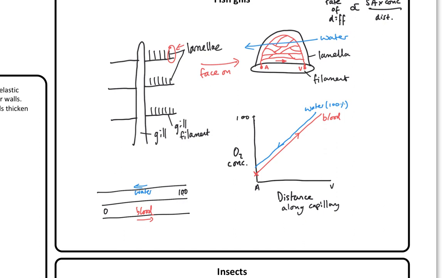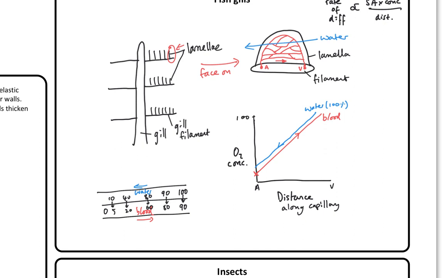So if I get some diffusion happening, this is going to go to like 90. This then drops to 90 because it's water flowing. 10 of the water has gone out, so this is 80. As in, I've got a diffusion gradient all the way along. This is now 80, and it's going to 60. This is now 40, and it's meeting water at 20, and this is now 10, and it's meeting blood with